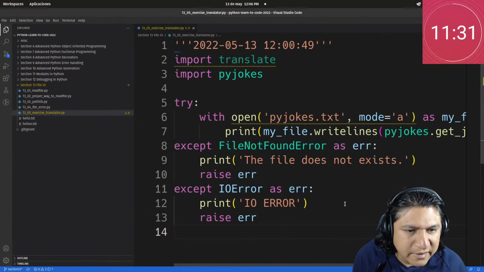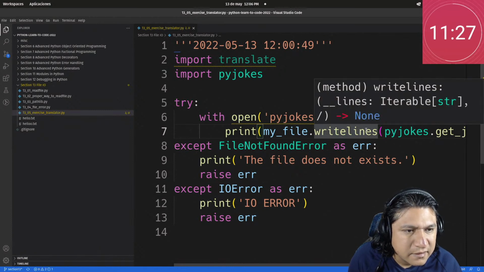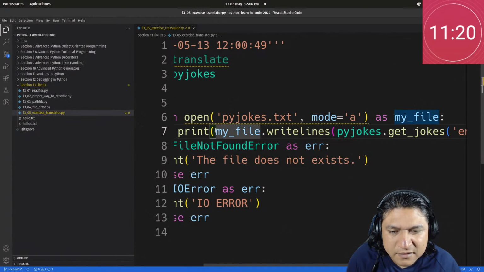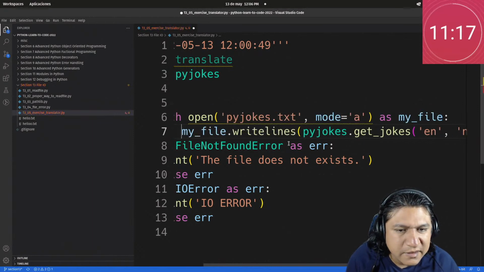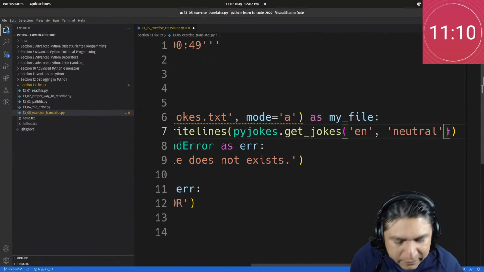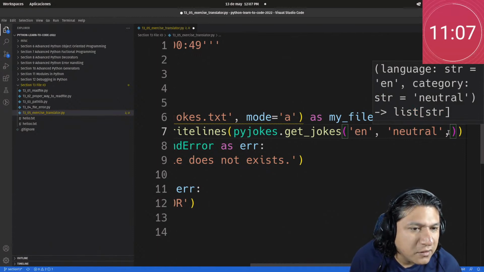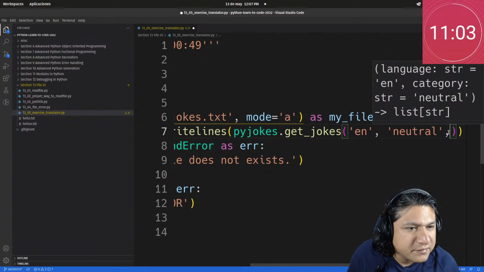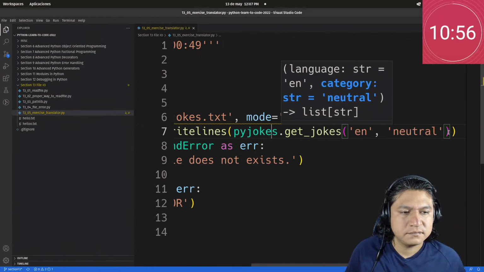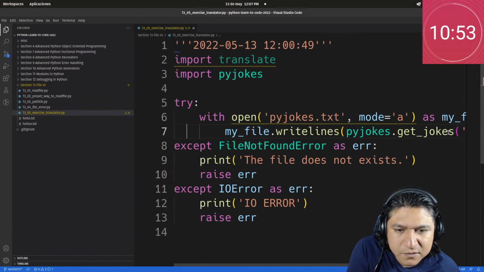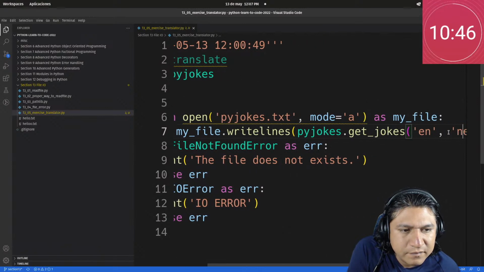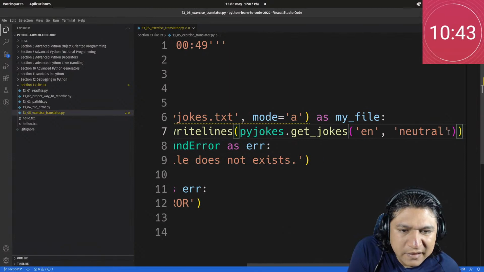Okay, so I wonder if I can write lines, iterable none. Well, I don't really need this. I don't need you to print anything. English neutral. Do I have another parameter here? No, that's pretty much it. It's just language and category. Yeah. But I may like to write lines and add